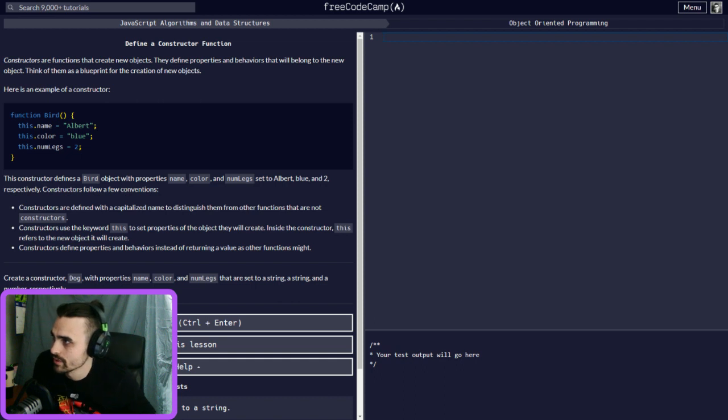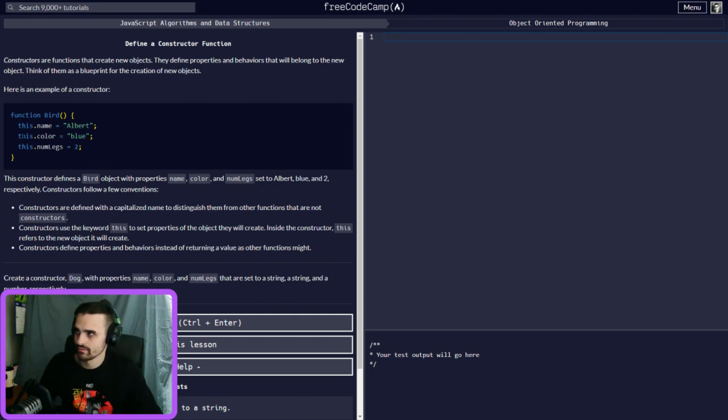This constructor right here defines a bird object with properties name, color, and numLegs, set to Albert, Blue, and 2 respectively. Constructors follow a few conventions. Constructors are defined with a capitalized name to distinguish them from other functions that are not constructors. Constructors use the keyword this to set properties of the object they will create.